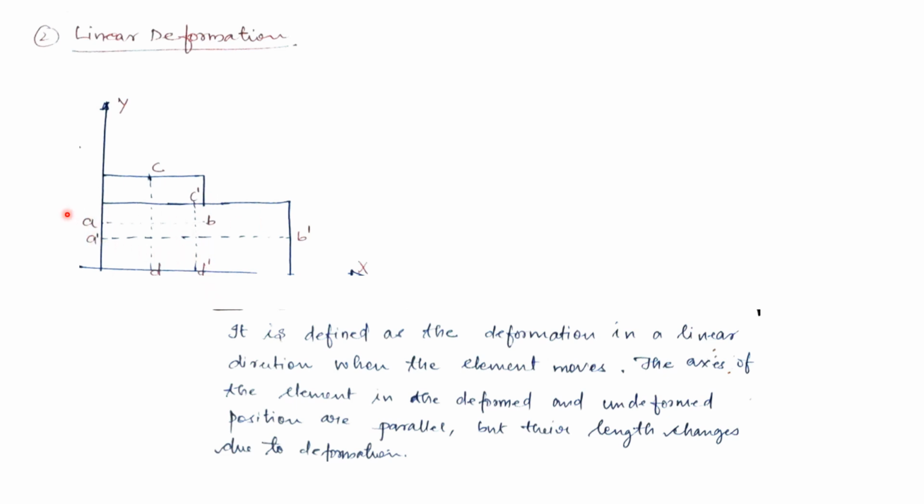ഇതുപോലെ തന്നെ elongation നടക്കുന്ന AB എന്ന് പറയുന്ന axis elongate ചെയ്ത് A dash, B dash ആണ്, and undeformed, but the length changes due to deformation. അതിന്റെ ലെങ്ത്തിന് വേരിയേഷൻ പറ്റിയിരിക്കും. അതിനെയാണ് linear deformation എന്ന് പറയുന്നത്. That means axis gets compressed due to the motion. That is what is known as linear deformation. Okay,